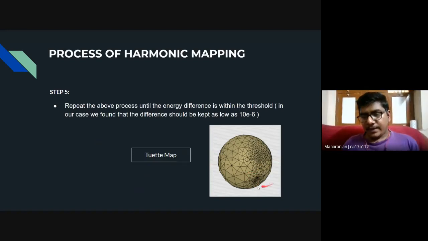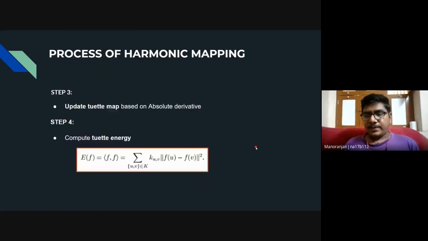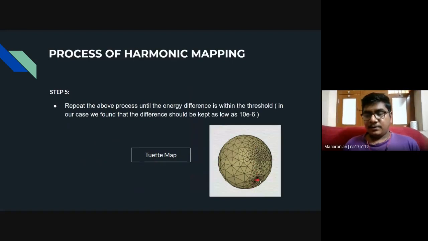So from the Gauss map and the Tutte map, you can see a difference, I hope. Now you can see how the panels are well separated, and the part that you saw here is actually the sail of the submarine. So this part is actually mapped here, so that you can see it. And here, after the Tutte map was successfully able to smoothen them out, this part actually represents the sail now. Maybe in this image it might not look very clear, but there are no overlaps here, and that was tested as well.